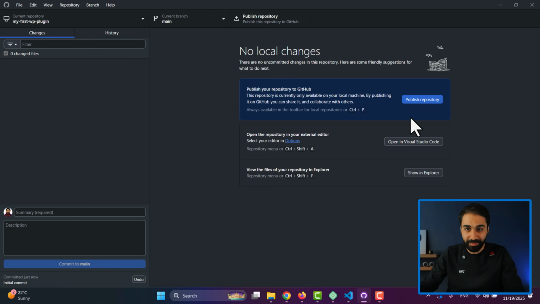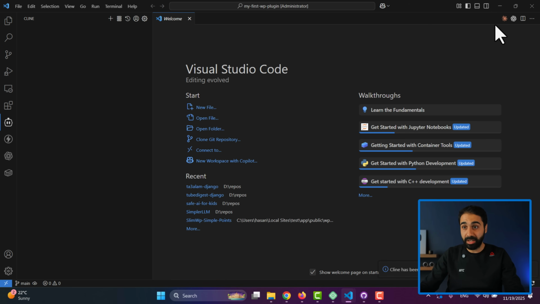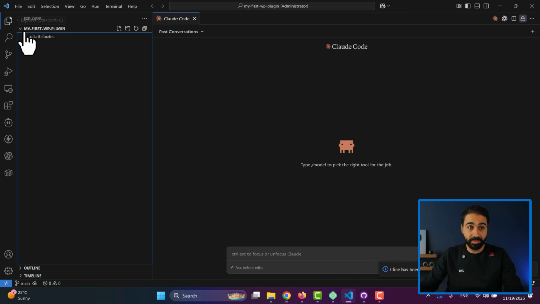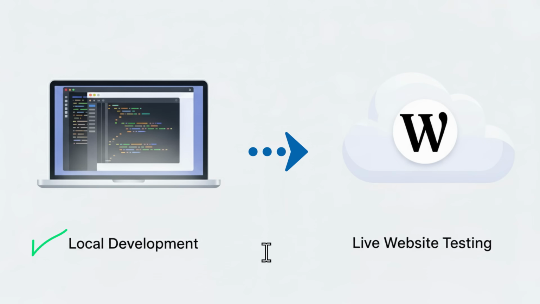You will see right now. Let's open in VS Code, and now we are inside the plugin folder. Perfect. Simply click on the Claude icon here to open the AI coding agent, and we can start building the plugin. But before we build, we need to have a live website. So when we finish development, we can push and test online and also test the automatic updates with the live